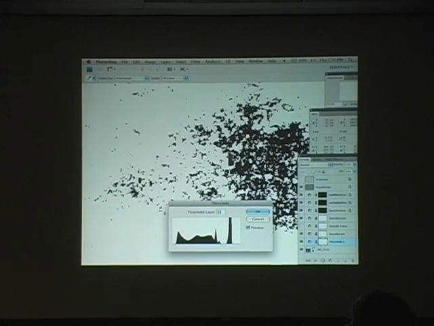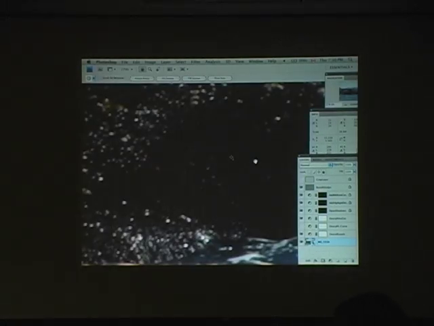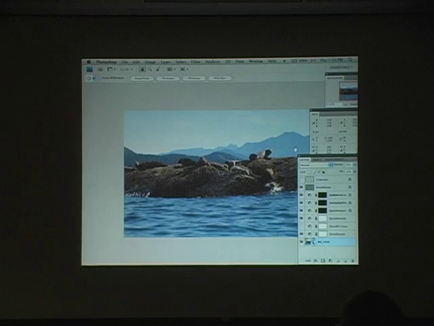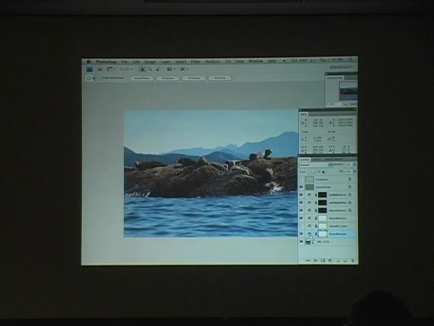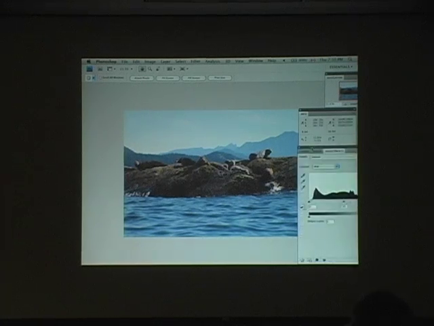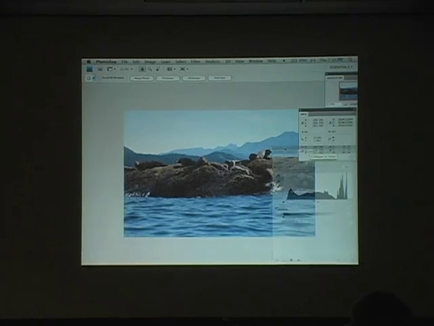Okay, so there's my color sampler, and then I'm done with that. So now I can go into my levels adjustment. I haven't done anything with this levels adjustment. It's just a blank levels adjustment, okay? So this is the new